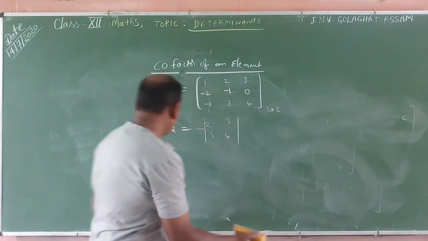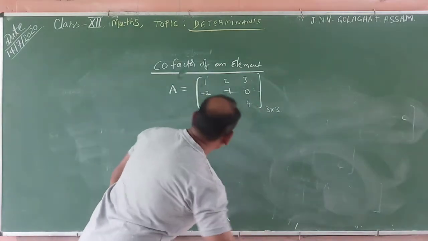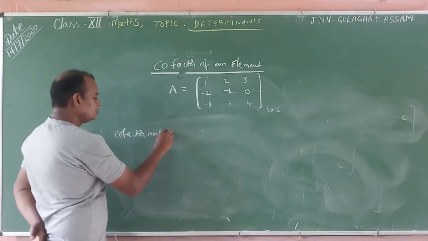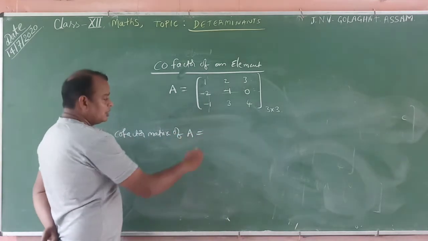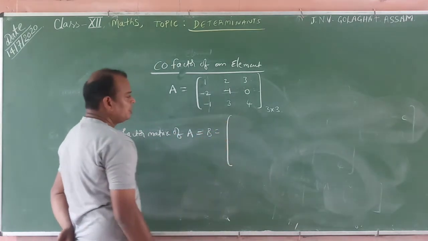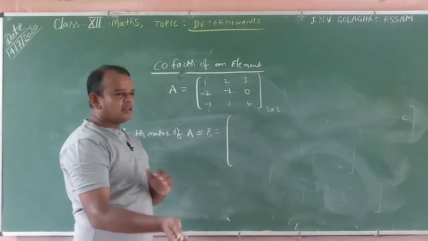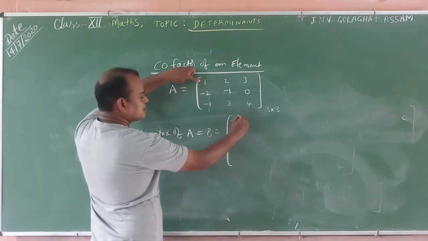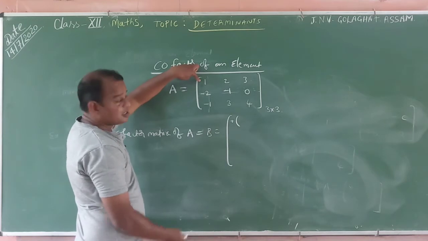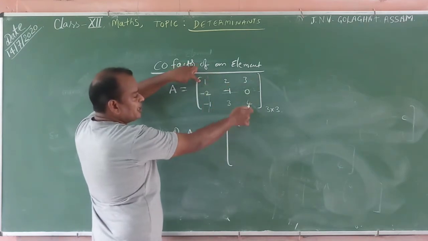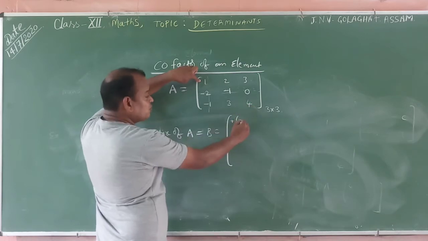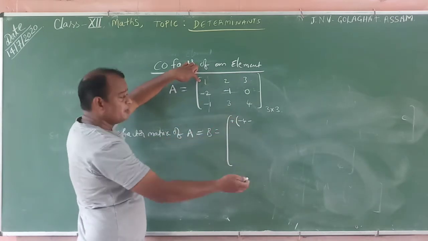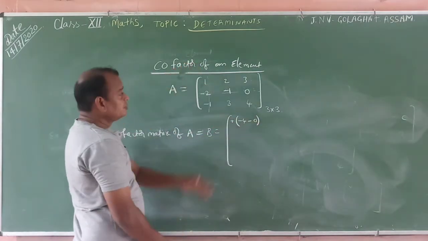Okay. Now we write the cofactor matrix of A, which is equal to, suppose, B. Cofactor means the minor multiplied by minus 1 power i plus j. This is first row, first column, so 100% plus. Now you can find the minor of the element. This row and column are cancelled. Now a 2 by 2 matrix: -1 into 4 is -4. AD minus BC formula. What is the determinant of a 2 by 2 matrix? AD minus BC, which gives -4. The first element is over.